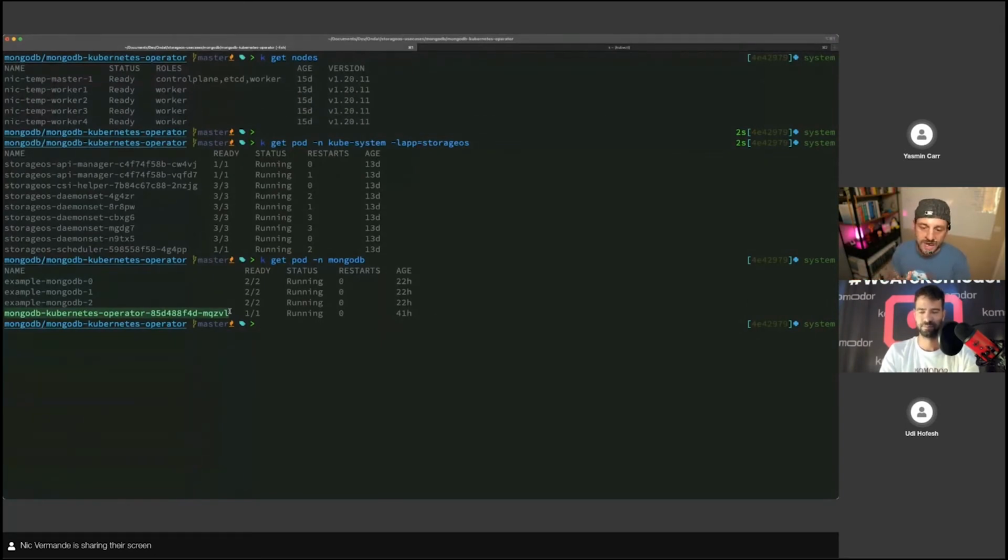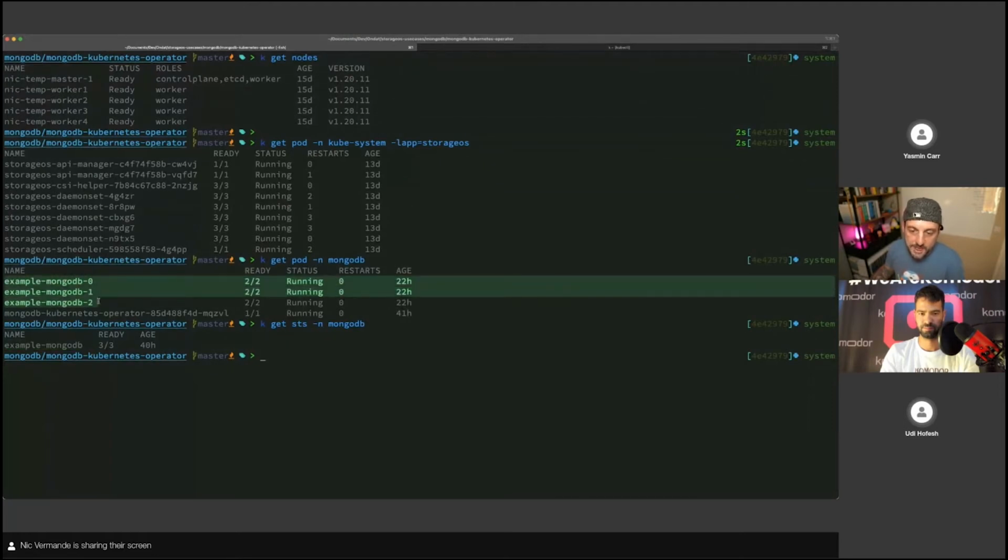So in our case, I just said I want a MongoDB. I want 3 instances for this particular MongoDB cluster, and those instances are the pods composing the StatefulSet. So essentially, if I do get statefulsets in that namespace, I've got my database, right? The name is example-mongodb, and as part of this, it's deployed 3 instances already. So if we take a look at the YAML,